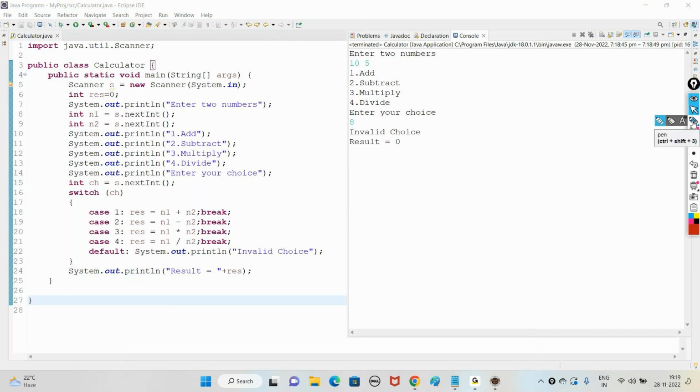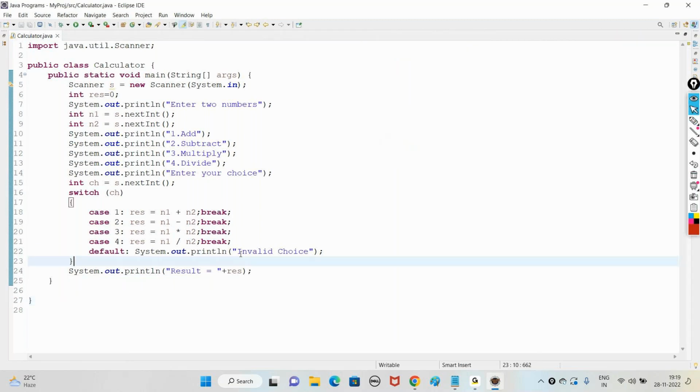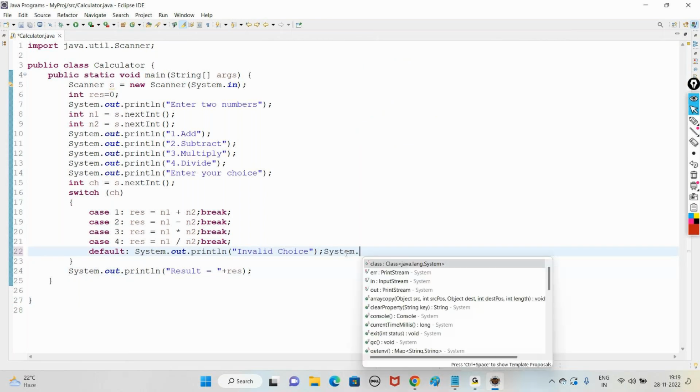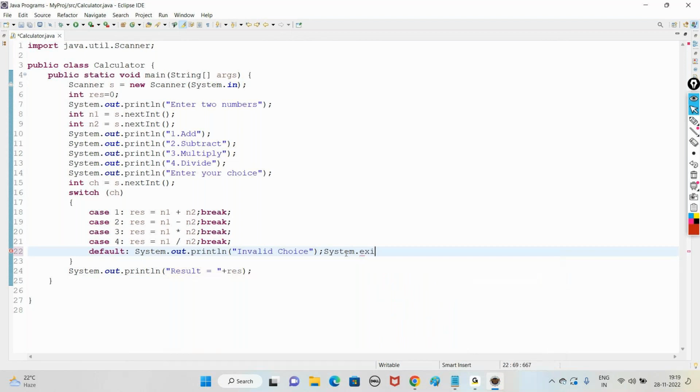Now, understand carefully. Once we display invalid choice, we don't want to display the result message here. We don't want to display a result. Then what to do is, once we display the message invalid choice, we don't want to continue with the remaining piece of code. Then here we have to use a predefined class System with a member exit. And to this you can pass any integer value, positive or negative. So this exit method of the System class is used to come out of the program,